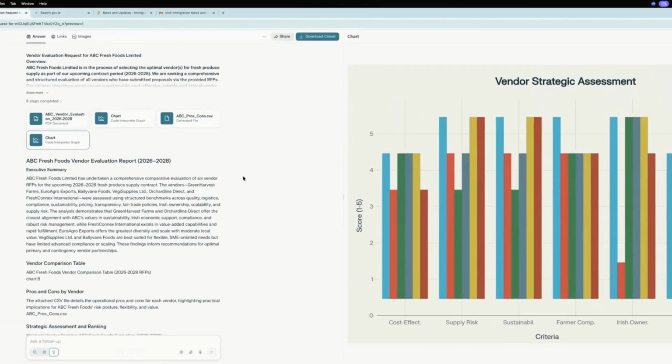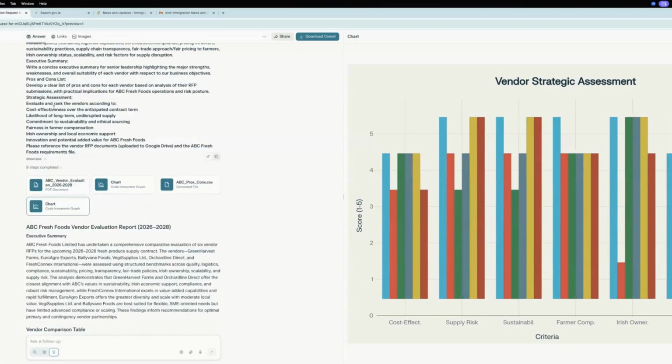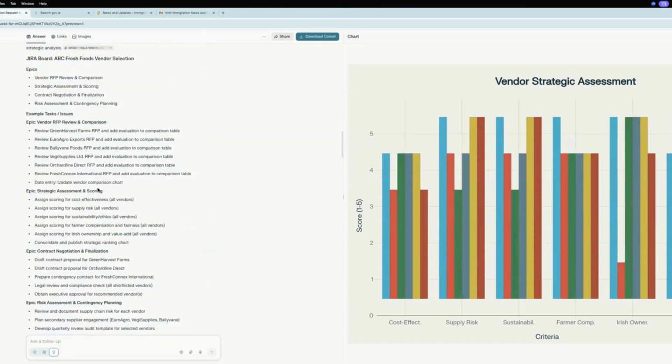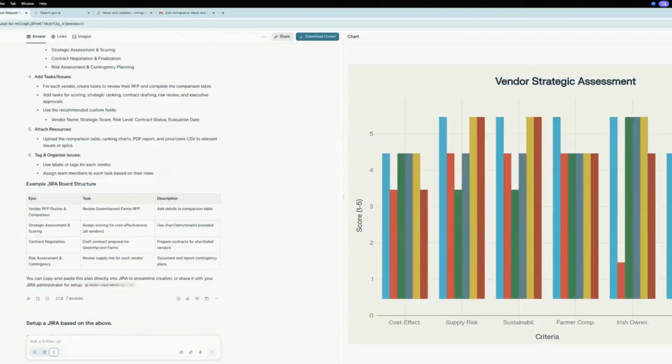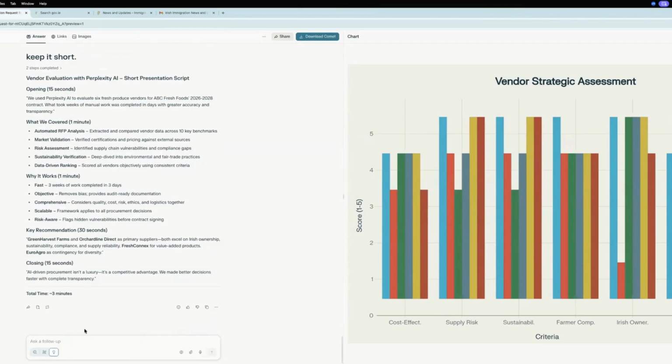So you could see that Perplexity has done a great job reading all these files, evaluating each vendor, following our prompts pretty well. And let me give it one more task, which is seeing if it can email me a summary of that as well or not. So I'll go to my chat section again and email this to, and then I'll enter my email. That's it. But email a summary of the above